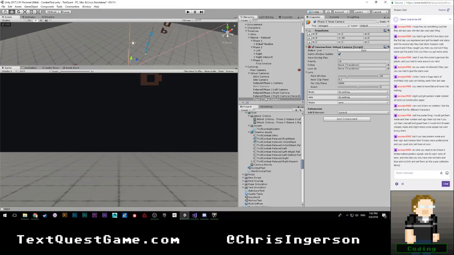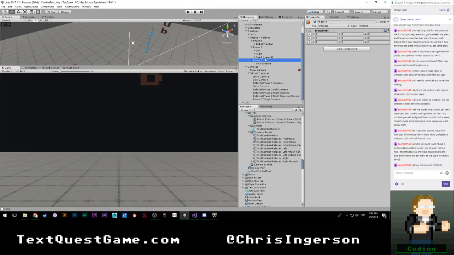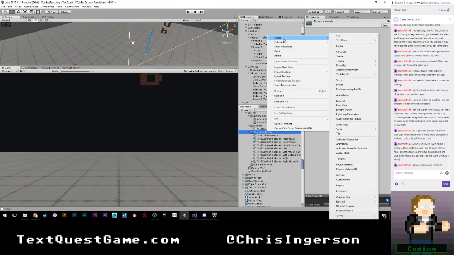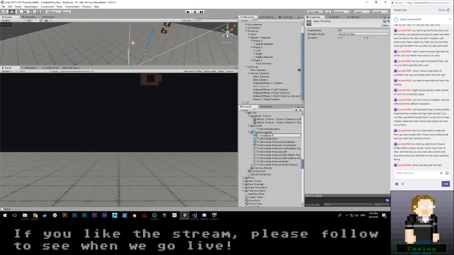Okay, anyway, we're going to go ahead and set up another timeline as well. For phase 3, I need to actually have 5 timelines, but 4 of them are basically going to be the same thing, and they're only going to last for probably half a second. Oh my god, am I really going to make 1 frame things? Oh man, that is going to be the weirdest thing ever, but okay. So let's go ahead and create a timeline. I'll call this troll combat dash final